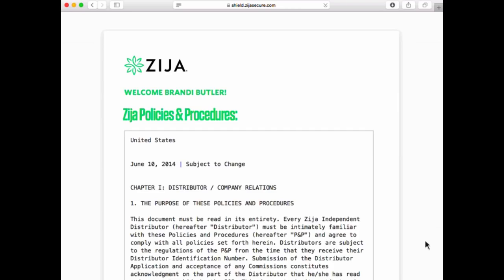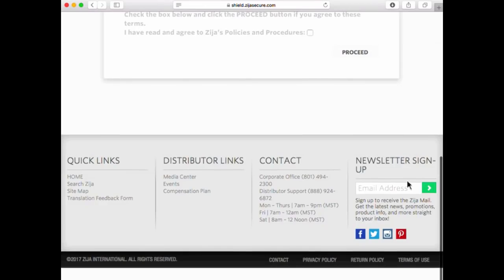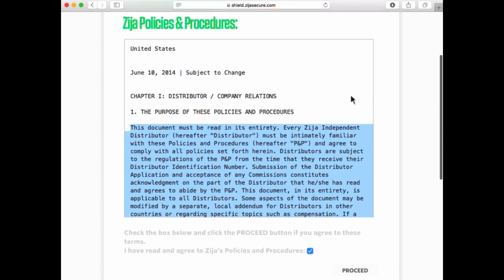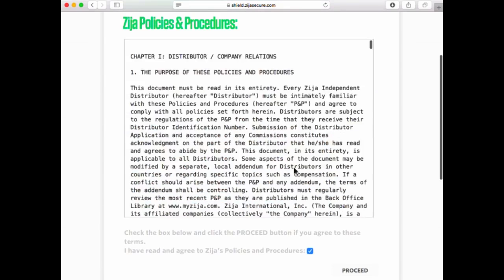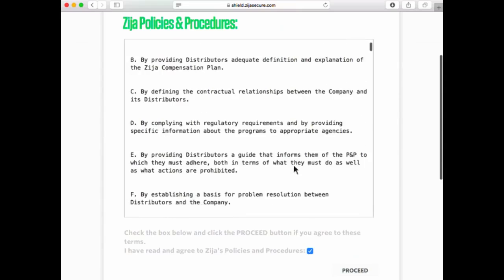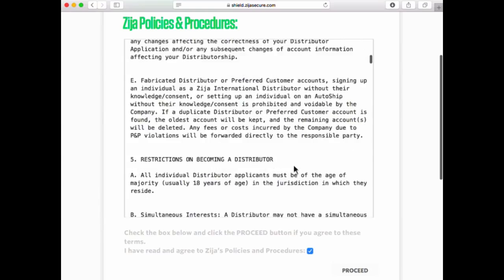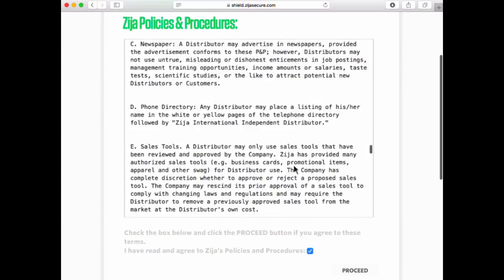Now, once we get into the back office, you'll notice that there's the policies and procedures. They want you to read them. You'll see most current update 2014. And when you scroll to the bottom, you'll see you have to say you've read them and proceed, and it won't let you. The reason why is because it knows you couldn't have read them because you haven't scrolled through. So you're going to read these policies and procedures and scroll all the way through to the bottom,